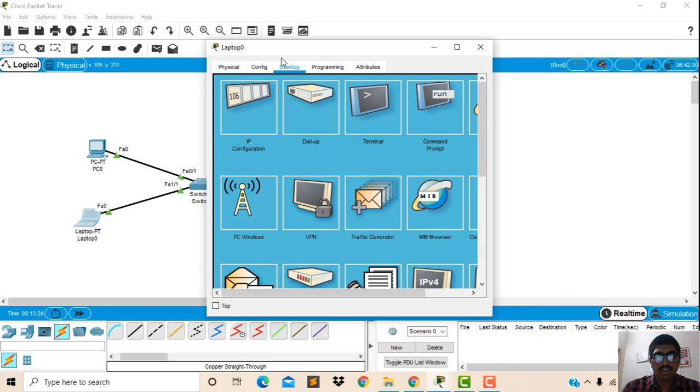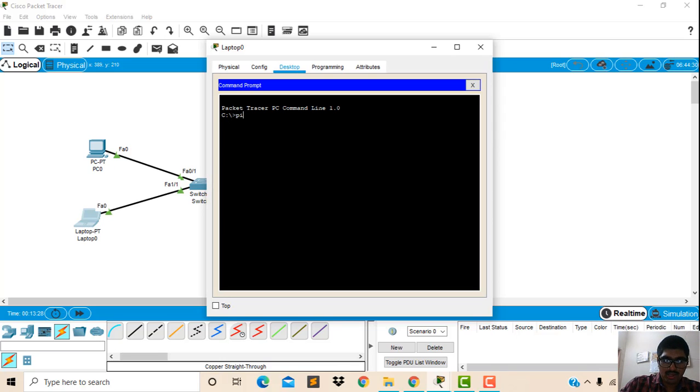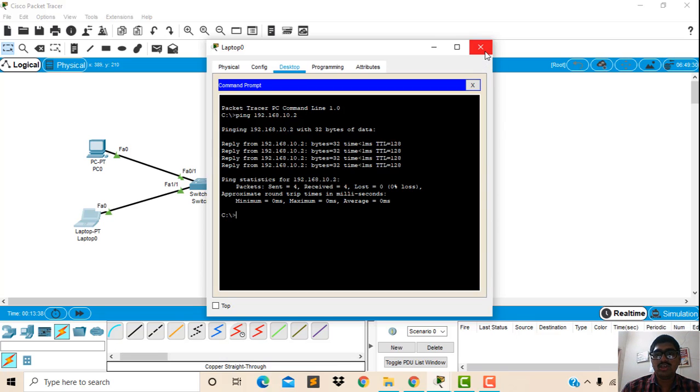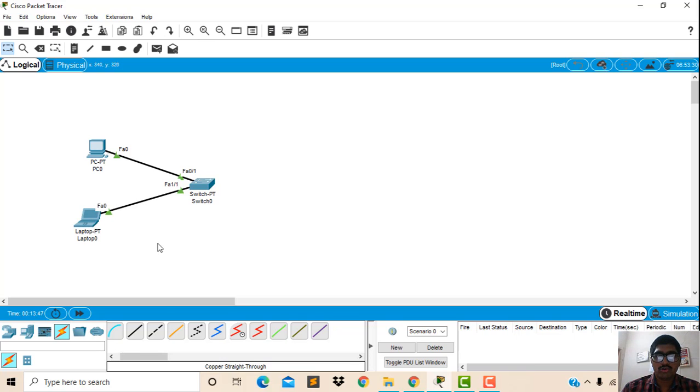Go to laptop, desktop, command prompt, and ping 192.168.10.2. We can see the reply is coming from the PC. These are connected with the same default gateway, and we can see the two are connected with the switch.